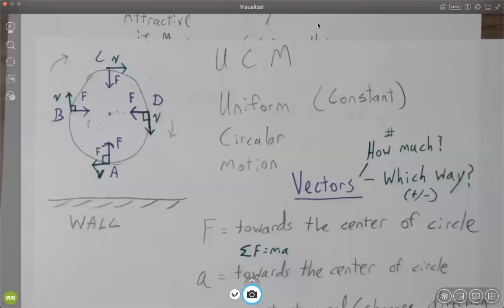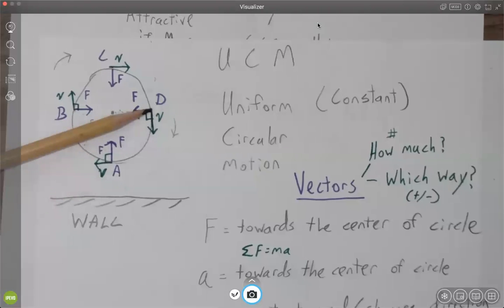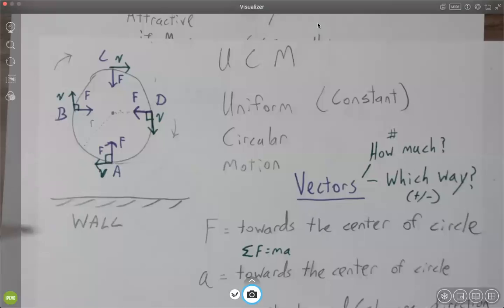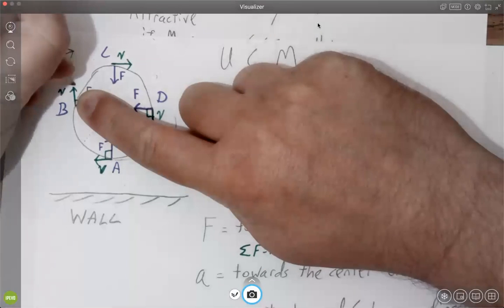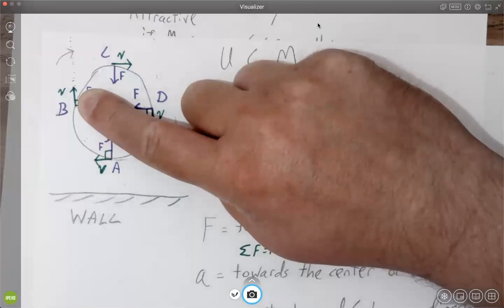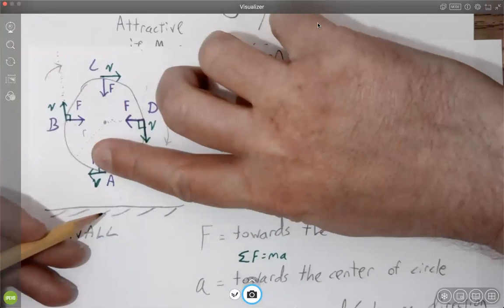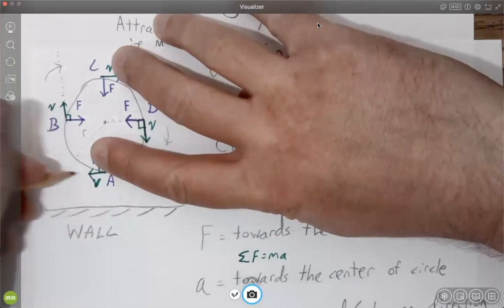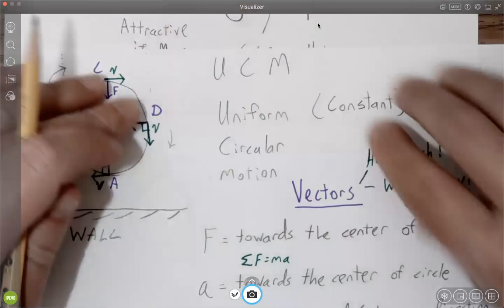All right, so I'm seeing a mixture of responses here. Some of us are saying point B, some of us are saying point A, some of us are saying point D. So if we let go at point B, if there was no more force at point B, then this cat would be following along here and he would have gone off and landed on his cat carrier. He'd be fine. If the cat let go at point A, then this cat would have gone over here and landed on the couch. If we let go at point D,